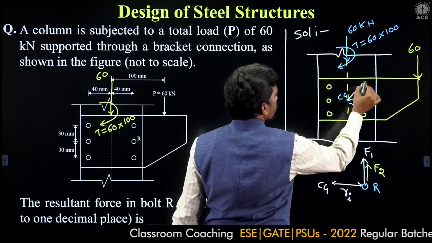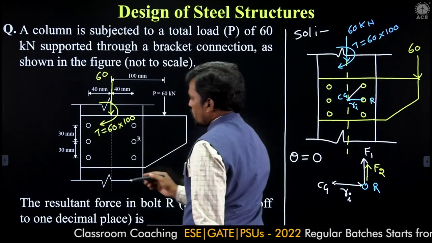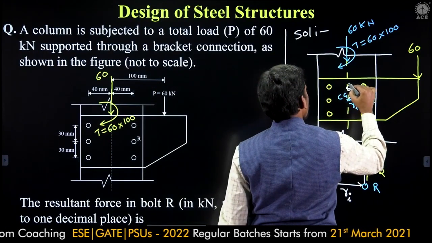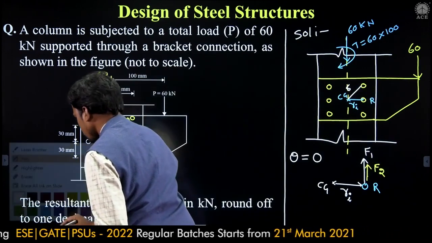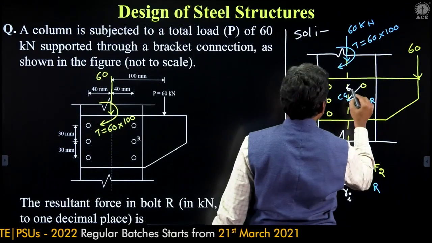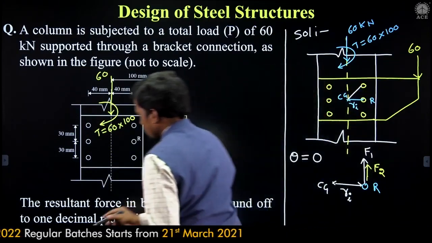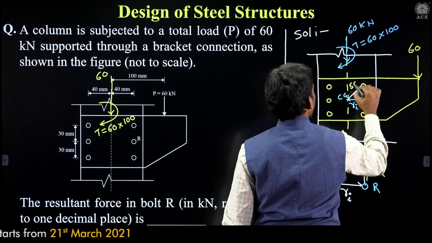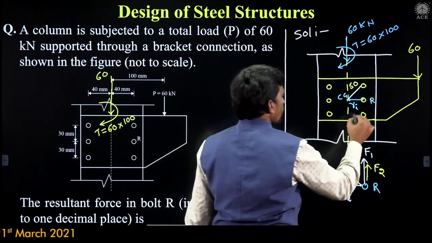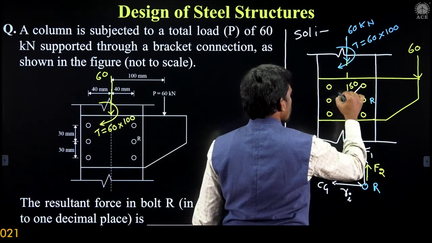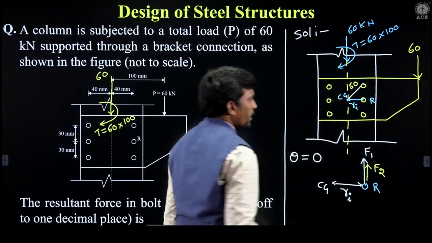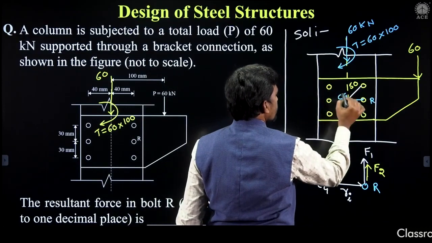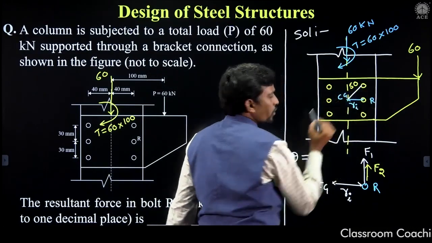What is the center of gravity to this bolt radial distance? This is given 40 and this is given 30, right? Then this radial distance is 50 mm please. Okay, this is 50 mm. Even this and this also 50 mm, this also 50 mm, this also 50 mm, right? Okay, it means the far end bolts, how many 50 mm radial distances are there? 1, 2, 3, 4. Yes or no?